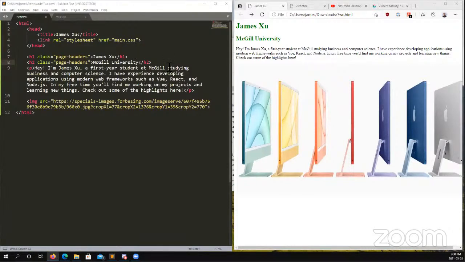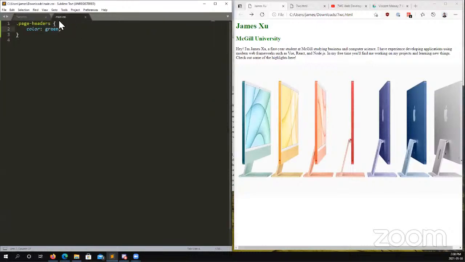So let's do this too. Let's say we want the heading 1 to be unique, because it's the main heading. And we call this ID name, like name heading. Cool. And then we wanted to make this a different font. So take note of the fact that we're only making one thing with an ID. It's bad practice to give multiple things the same ID because the whole idea of an ID is for it to be specific. Great. So here to select an ID, we use the hashtag symbol,